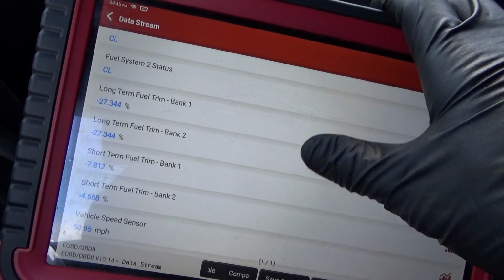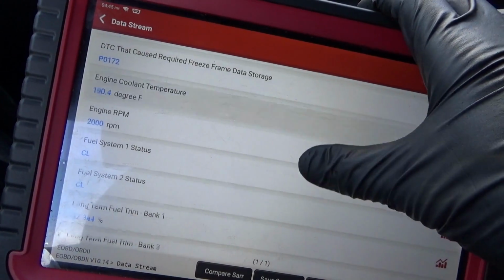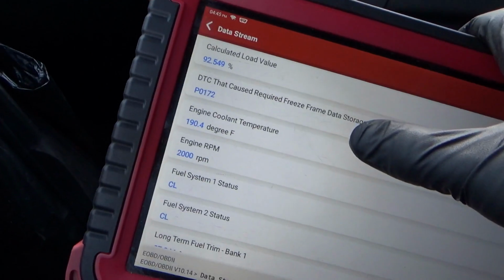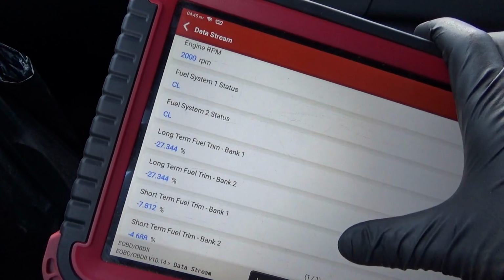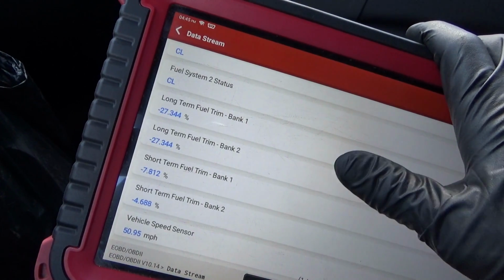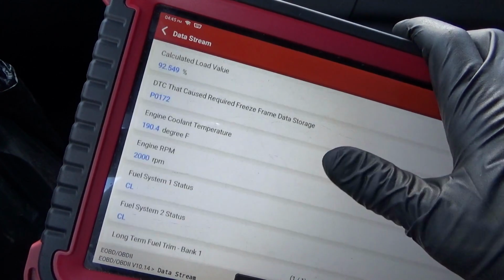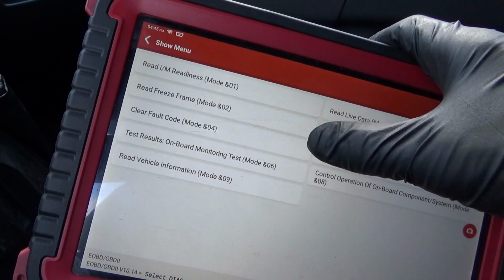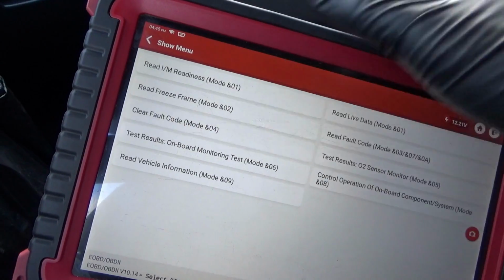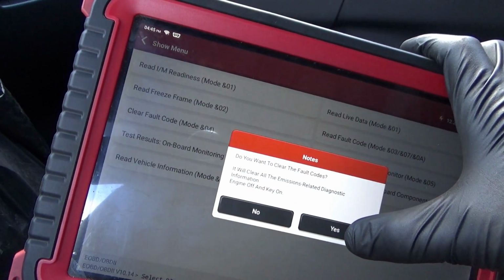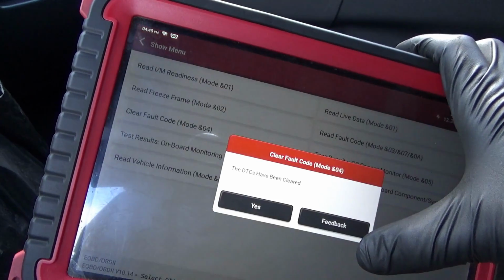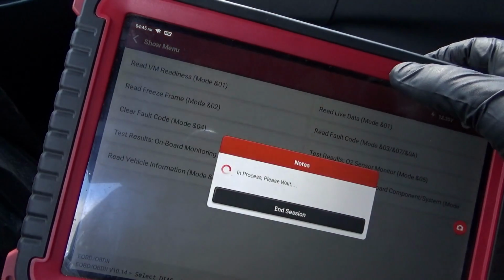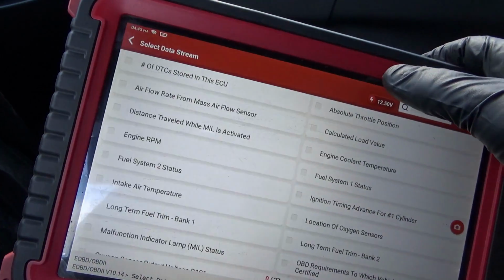You're at 50 miles per hour, we're at 2,000 RPM, but only the 172 set, even though it looks like the whole engine is running rich. Okay, good enough for me. So I want to clear out the fault code. Yes. And now, in live data,